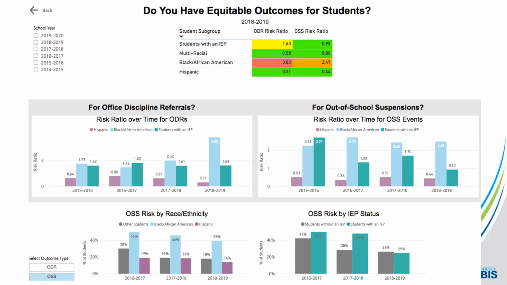In some cases, dealing with the total school environment and making changes that affect all students. Certainly we can improve outcomes for all populations, but what we do find though is that when you take that whole school approach, it may not actually change the equitable ratios or risk ratios that you have for a certain group. In many cases, we have to specifically dig into that specific subgroup to find out what more could we do in addition to the overall tier 1 changes.